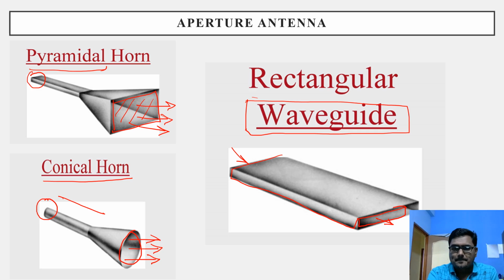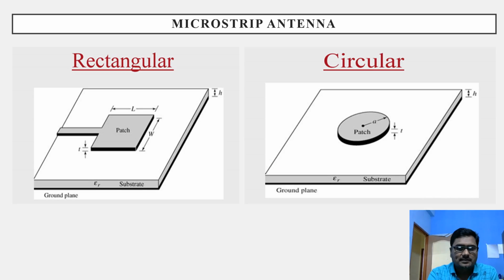That's what it is. Next type. Now we have to rush our speed. We'll increase our speed. We'll conclude it as soon as possible. Now the next step is rectangular microstrip antenna.